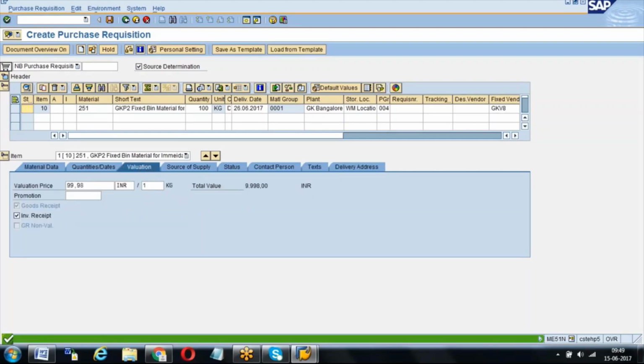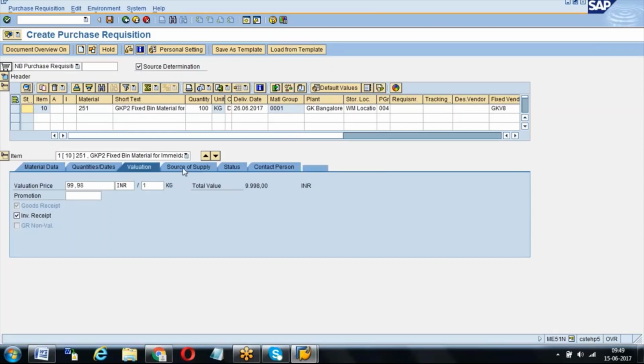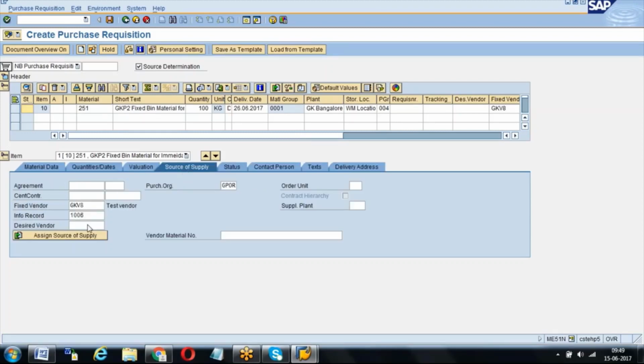Valuation comes from the material master. Now coming to source of supply. See, already it is assigned. When you need this automatic source determination, we need to maintain that EVO and the default parameter 01 in your SU3 parameters. If they need the same option for some 50 users, we will just tell our security consultant, please add EVO and 01 in parameters for the below user IDs. Then he will directly do it.